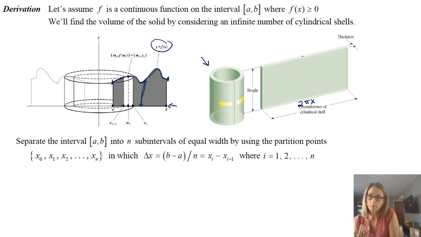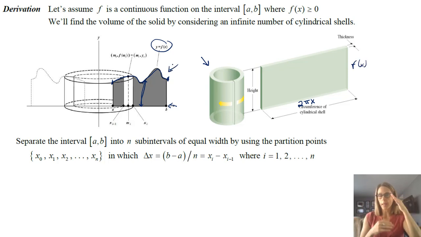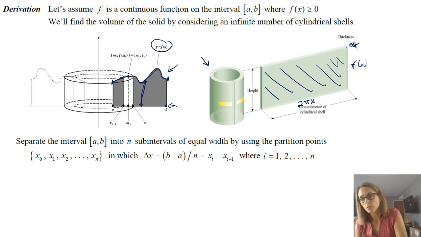And then the height of it, as we see, for example on the one over here, the height is just f of x. That's just how high. And again, the cylindrical shells may get bigger or smaller, but you're adding an infinite number. So we have that. And this thickness here is just either dx or change in x, however you want to think about it. But once it goes into the integral, it's dx. And that is the volume, because the area is 2 pi x times f of x. And then by multiplying by dx, you're going to get some sort of depth to it. And that's what creates the volume, those three things multiplied together.